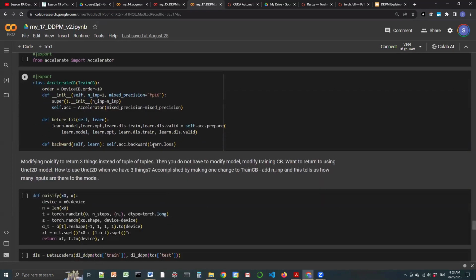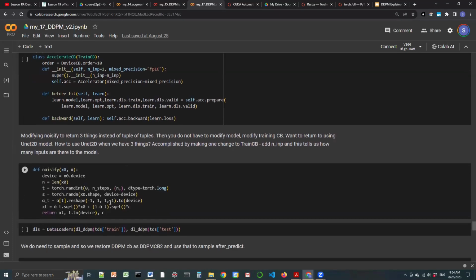He again continues to fiddle around with the various values. Instead of returning a tuple and a value, which is 2 values, he flattens the tuple and returns 3 values, which is the xt, the t, and the noise. So now, given that you have changed this, we'll also need to change the input passed in to the learner, right? Because the learner now, instead of getting 2 things and then star learn.batch, which is what we saw, in order to accommodate the fact that the inputs are 2,